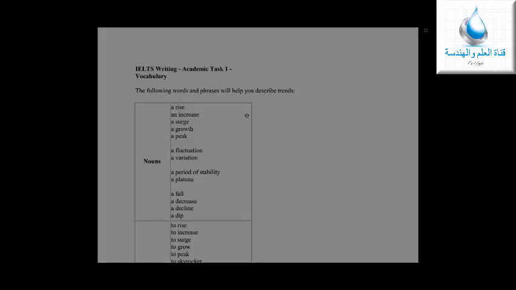Okay? All right, so that's all in terms of vocabulary. I am going to make this vocabulary list available to you so that you